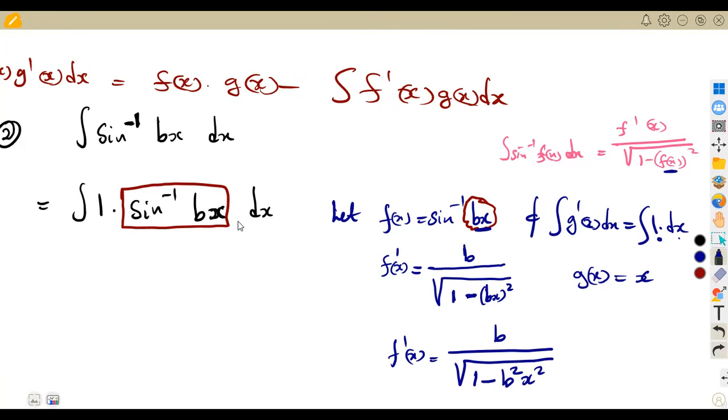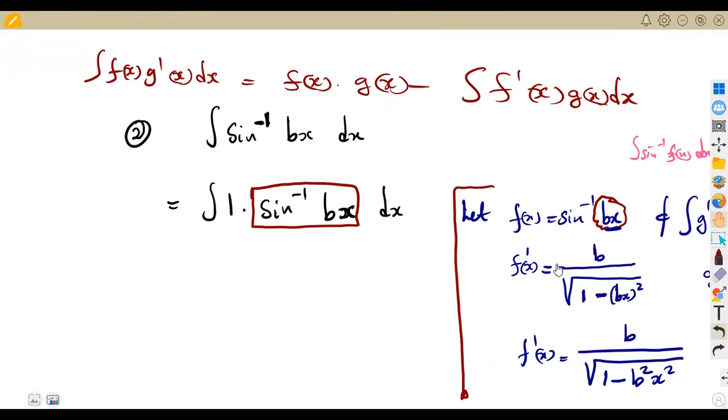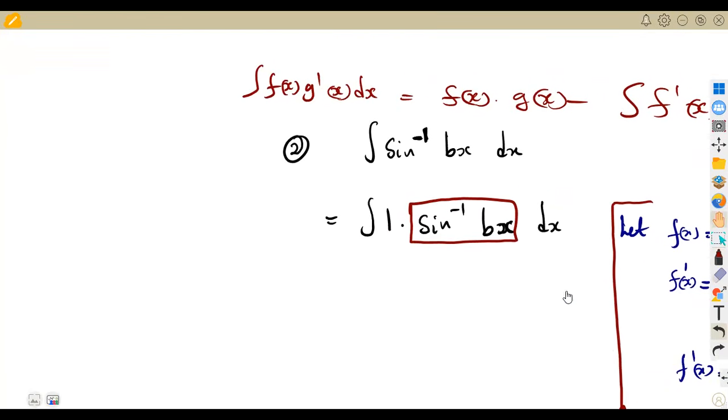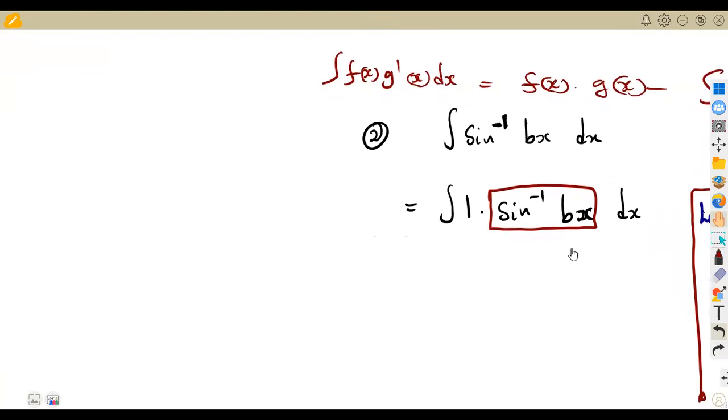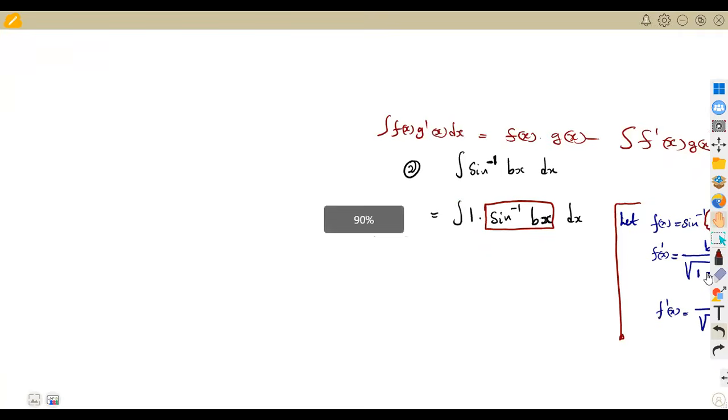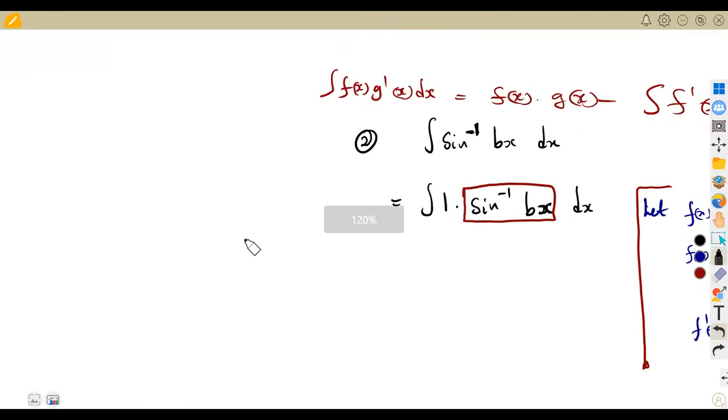Okay, so let's see what we have at this stage. We just made our calculations aside, and these were the calculations that are necessary. So let us bring them back into the formula. The question is that we are supposed to integrate arcsin bx, and from our formula of the integral by parts, it states that... I'm just going to make it this side, guys. Sorry for that. The integral of arcsin